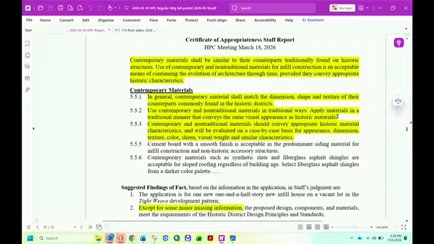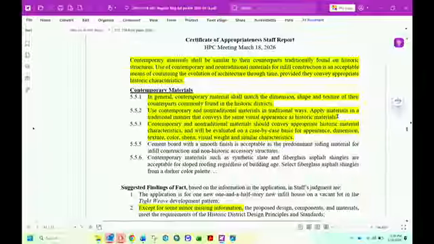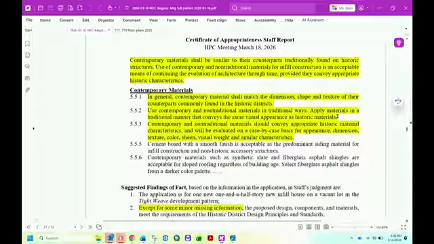That would not be the same way that traditional materials work, where the siding butts into the trim. So that would be something maybe to also check on.